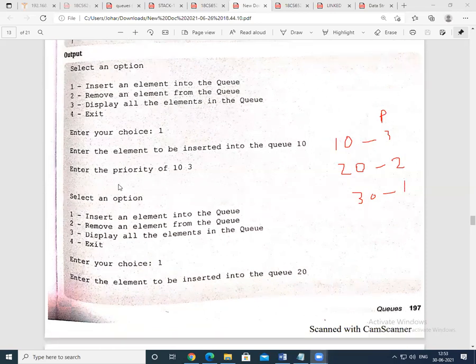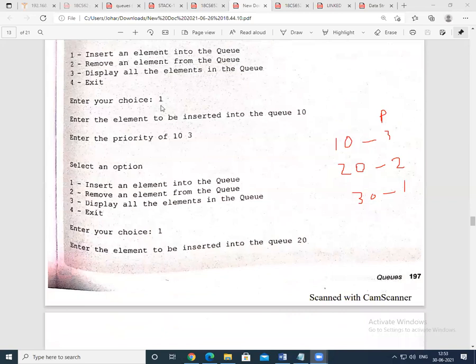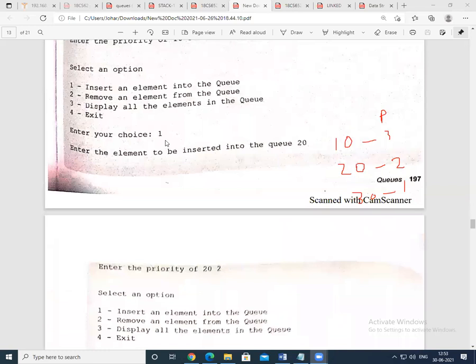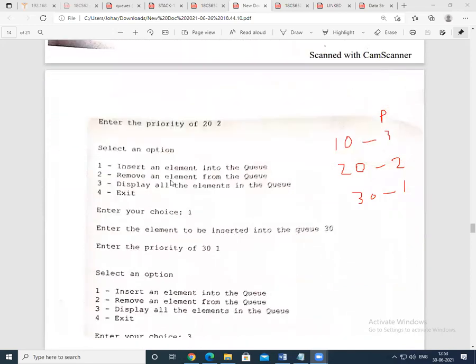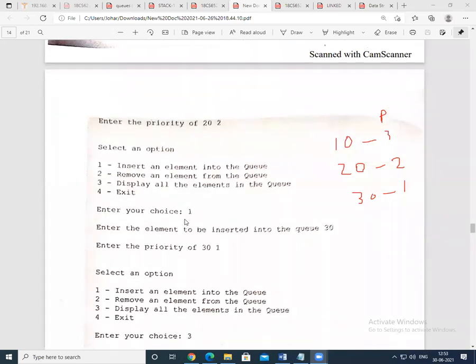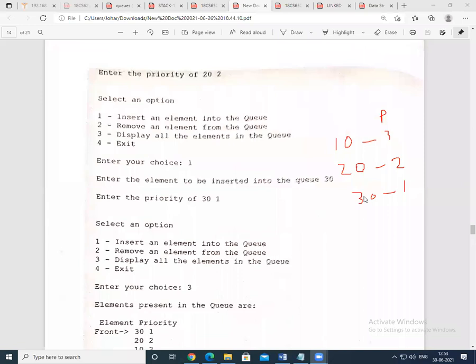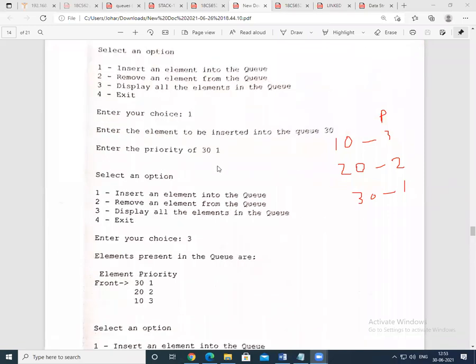See here what happens. When you enter choice 1, that is to insert, the priority of 10 is 3. Enter choice 1 again to insert 20 with priority 2, and again insert 30 with priority 1.